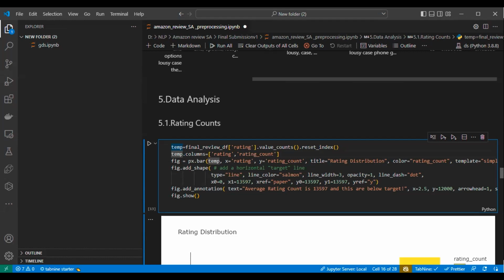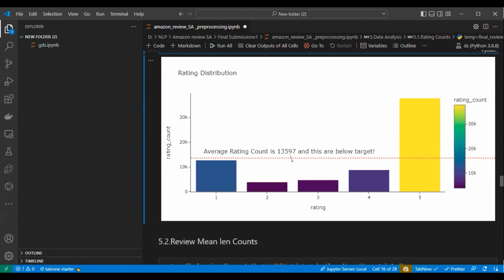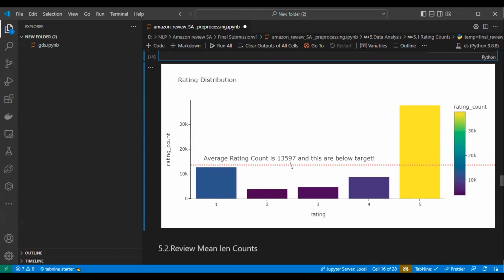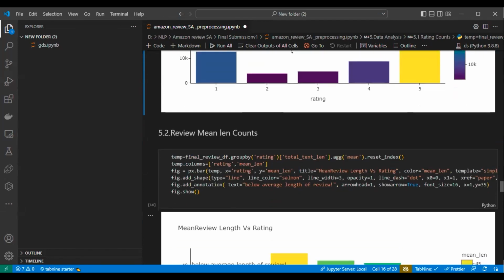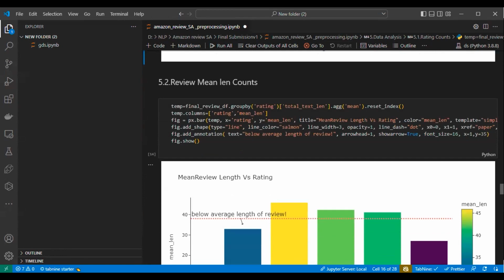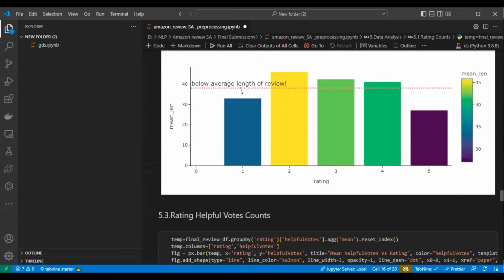And even for data analysis, if you want to see, we have the ratings for every review, right? So we can analyze what the average rating is for every text, and what the mean value is, and how the rating is directly related to the length of the review, that is the count of words in every review.